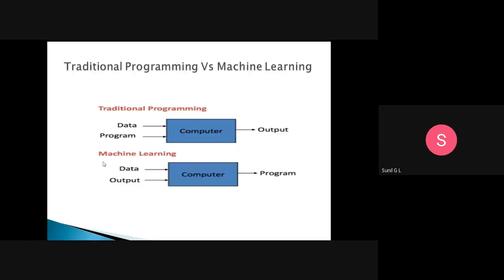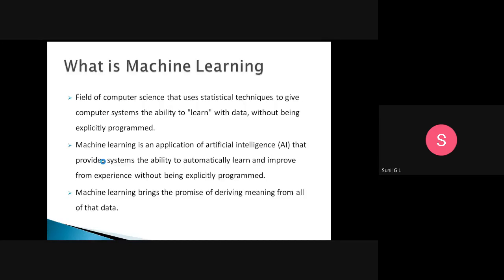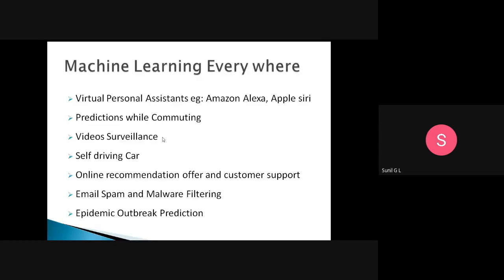Then next one is video surveillance. Here, n number of videos are available, CC cameras are available. It is very difficult for security persons to watch all the videos to identify where a theft will happen and what the thief will do. How does video surveillance help? Suppose a person is behaving abnormally or is standing in a single place for the past 1 hour. Those behaviors will be identified by the cameras